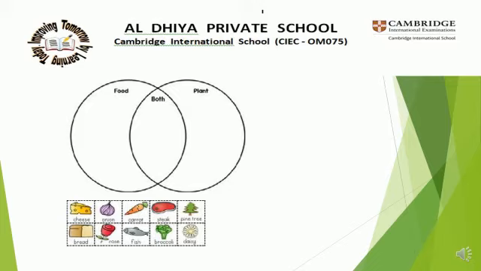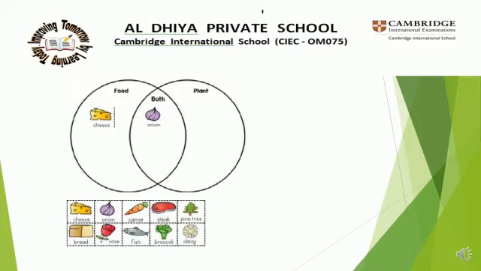See here, what is the data now? See the first box, cheese. Cheese is what? Is it food or plant? That is food. So draw the cheese in food. The next is onion. Onion is a plant product, so draw onion in plant, but we are using it for cooking as a food also. So onion is a plant as well as food. So in the middle circle, I have drawn onion.